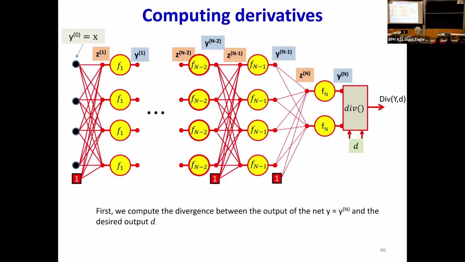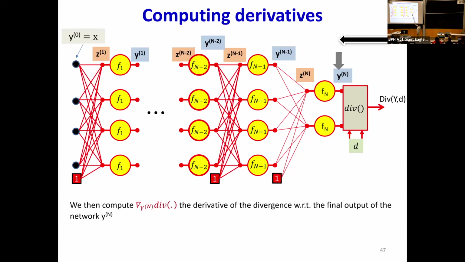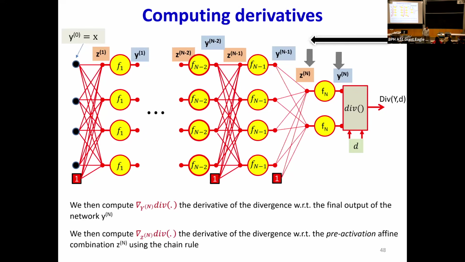Now observe how we said we needed to compute the derivatives. If I want to compute the derivatives, I have to figure out how much a small perturbation of this influences this, how much a small perturbation of this influences this, but you can't go forward. For that, you would have to work your way backwards. You know where you are. So the first thing you have to do is to say, how much does a small perturbation of this y affect the output divergence? Having computed that, then you'd have to take a step back and say, how much does a small perturbation of these z's